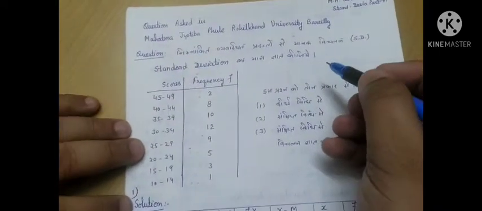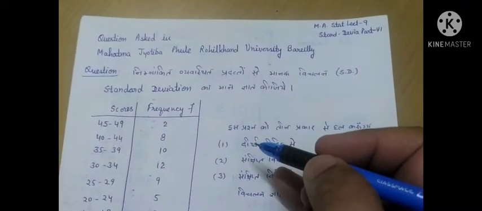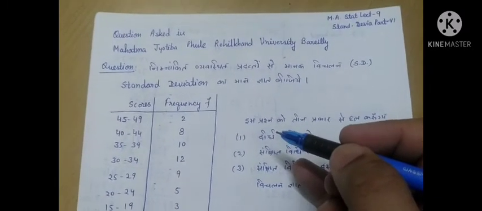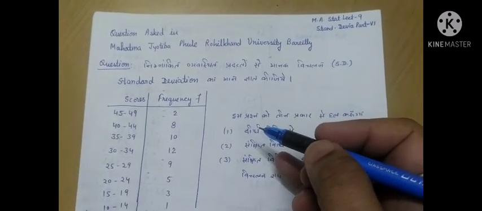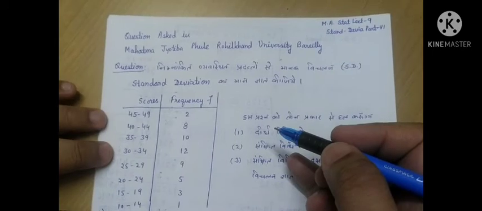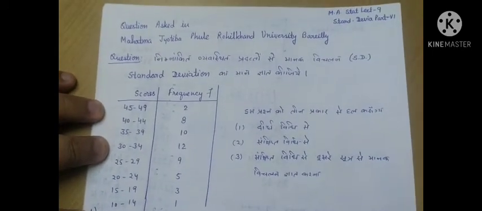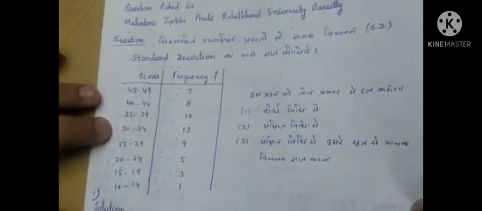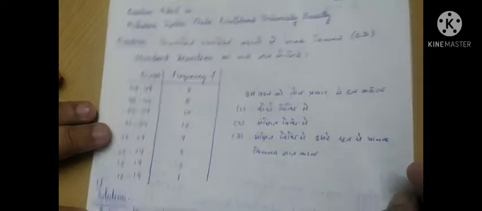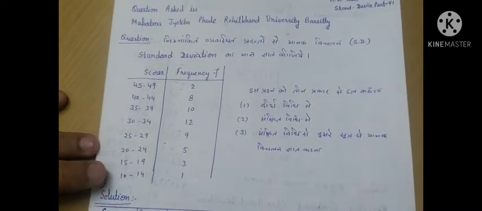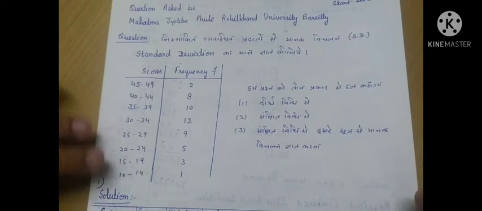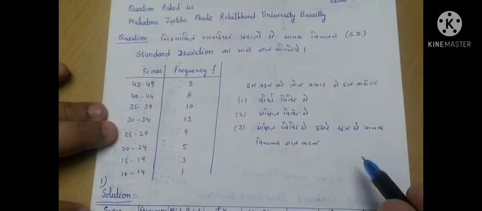आज के इस लेक्चर में एक क्वेश्चन है स्टैंडर्ड डेविएशन का। ये महात्मा ज्योतिबा फुले रोहिलखंड यूनिवर्सिटी बरेली में एमए एजुकेशन के पेपर में आया है, स्टैट्स में पूछा गया है। एक बच्चे ने पूछा था, अब मेरे चैट बॉक्स में डाला था तो मैं इसको सॉल्व करके दिखा रहा हूँ।